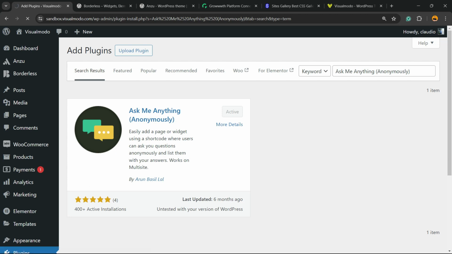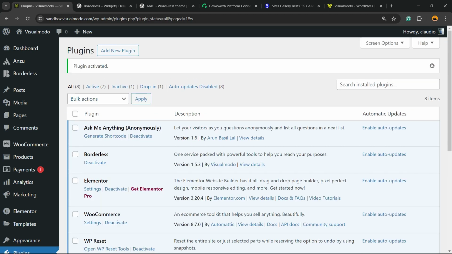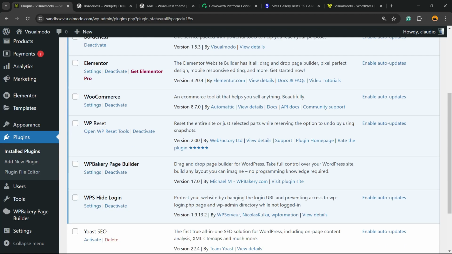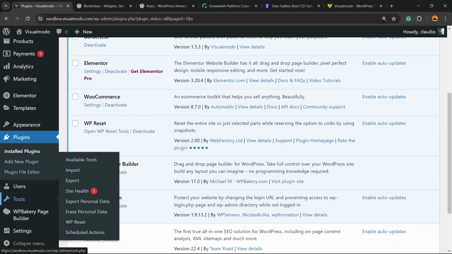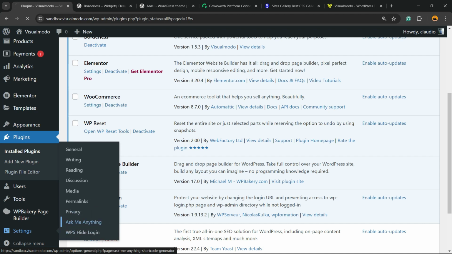Click on activate again, and this is gonna redirect you to the plugins list, a list where you can see all of the present plugins on your site. And right here we're gonna be able to find the plugin installed. Also, if you review the left sidebar of menus on the WordPress dashboard and hover mouse over settings, you're going to be able to find next to privacy the plugin settings. You can click on it,